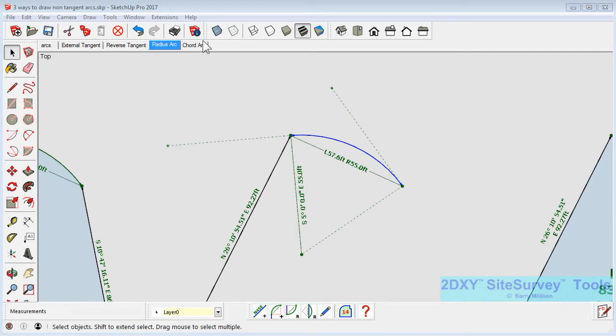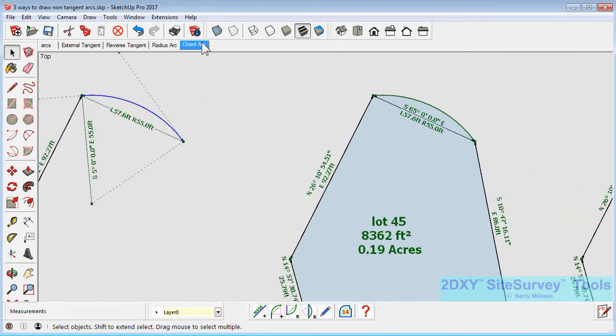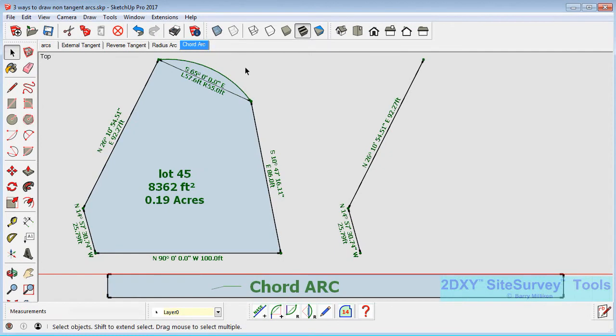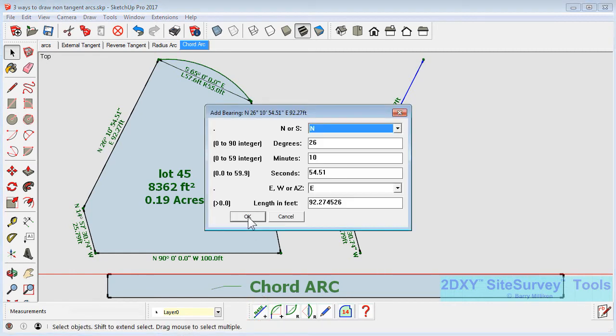So the last case is where you have an arc that's defined by its chord bearing. So here we have an arc that's labeled with a bearing. So what we have to do first is to draw that bearing temporarily. Regular bearing. It's south 65, 0, 0, and